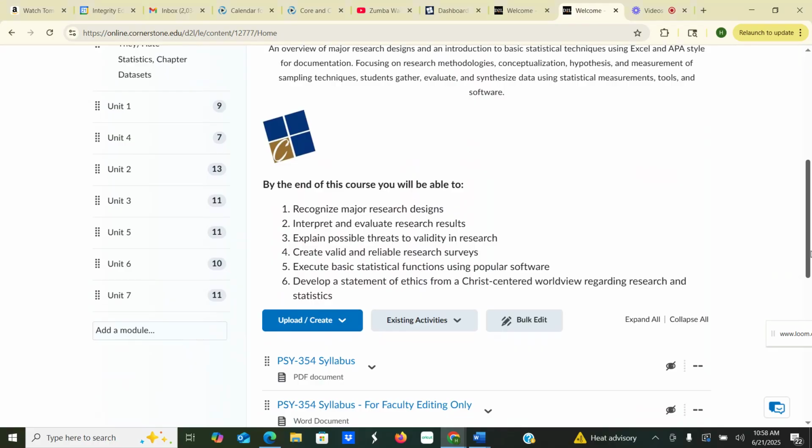reviewing the syllabus. So by the end of this course, you're going to be able to recognize and describe major research designs in general and also specifically in the field of psychology. You're going to be able to interpret and evaluate research results. You'll be able to explain threats to validity in research and also how to make research studies more valid and